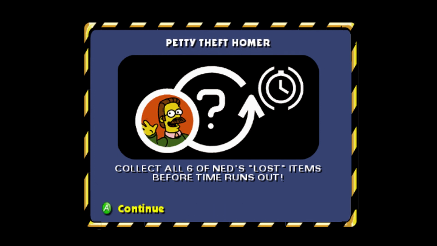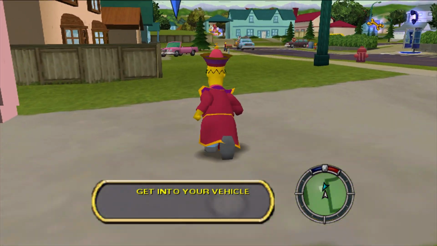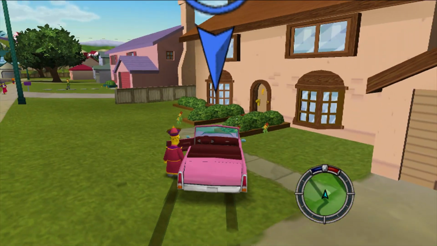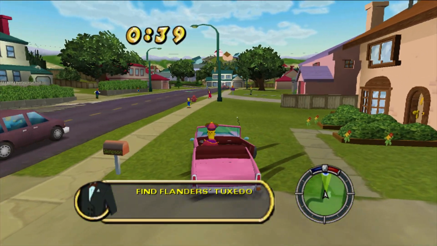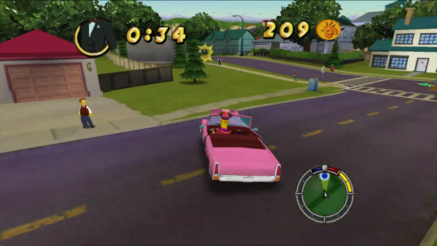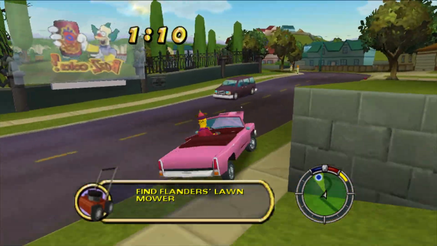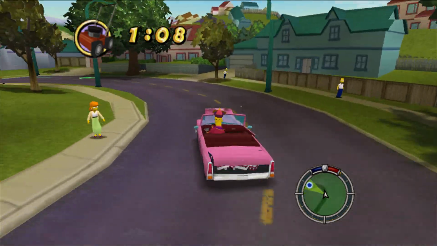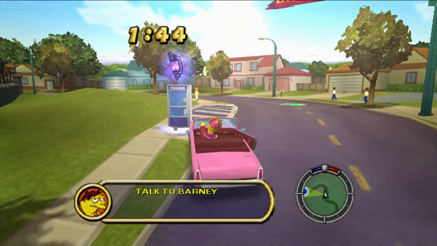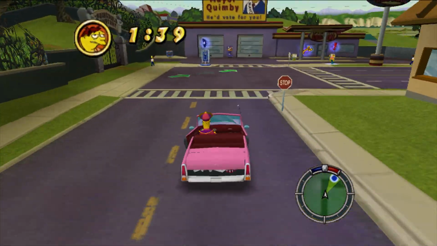Just kidding. Alright, collect all 6 of Ned's lost items before time runs out. So we took them all, and I guess he decided to stash them all over town for one reason or another, so we gotta go grab them. So this is your first fetch item quest. These can be tough. This one not so much. If you look in the bottom right hand corner, it'll tell you where exactly you're gonna want to go. This actually falls into the category of one of those quests where